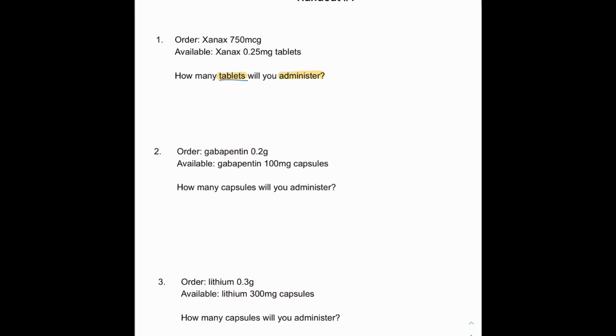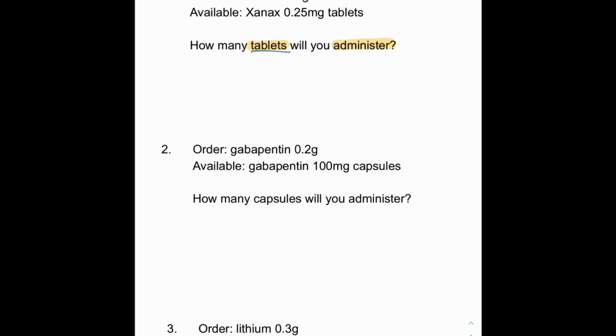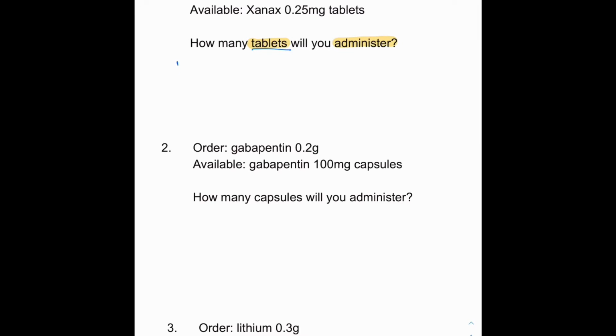So that's going to be my starting point. I'm going to have tablets right up here. And if we look in the problem, we can see that we've got 0.25 milligram tablets. What that's saying is for every 1 tablet, we have 0.25 milligrams. So that's what we'll plug in here,